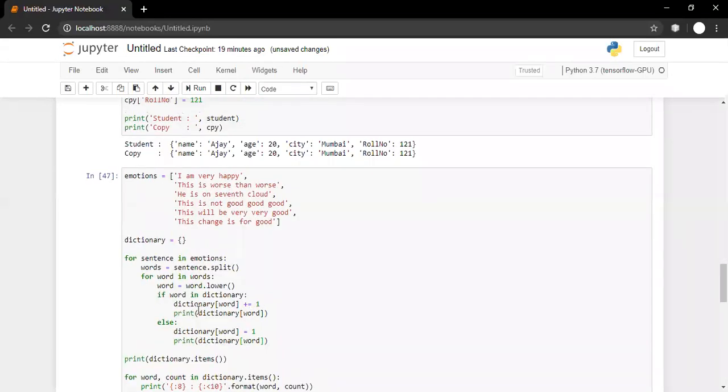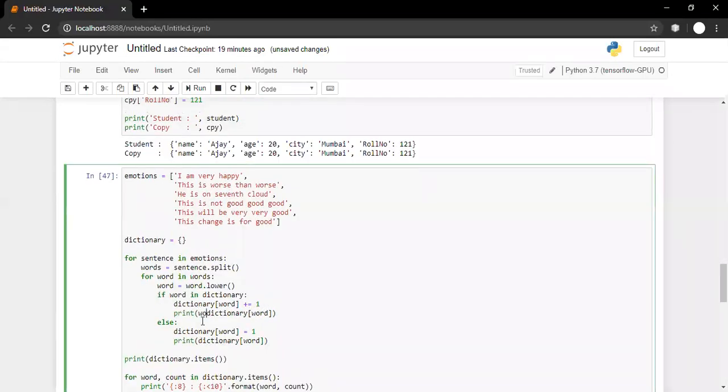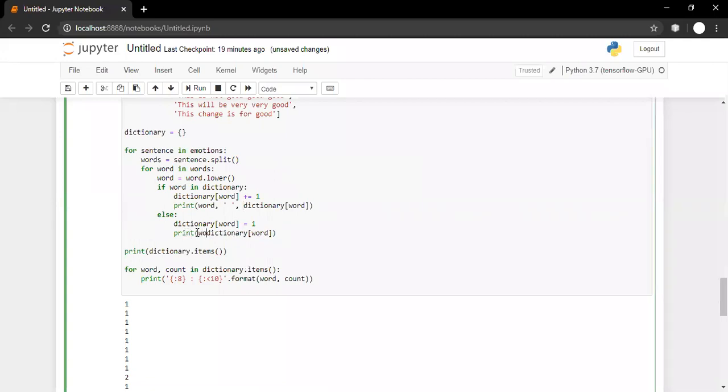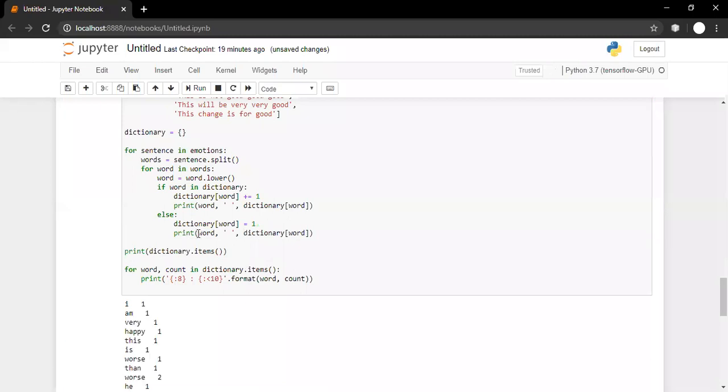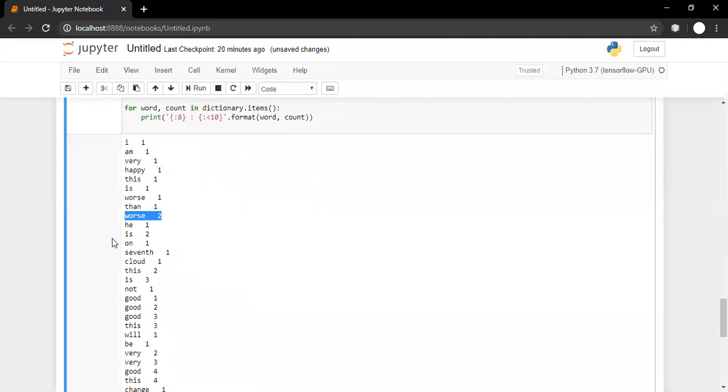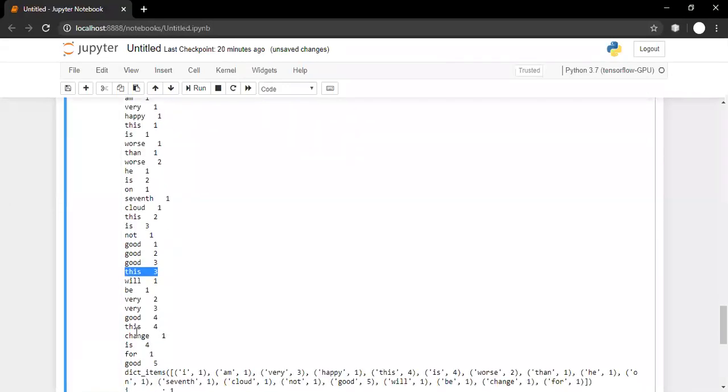Let me make it more meaningful: word, comma, something like this. See, one, am once, and so on. But what about this? This was first, second, then twice, and so on. Similarly, this second time, this third time, this fourth time, and so on.